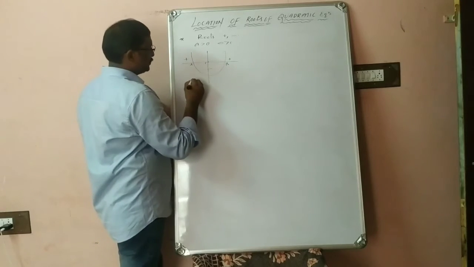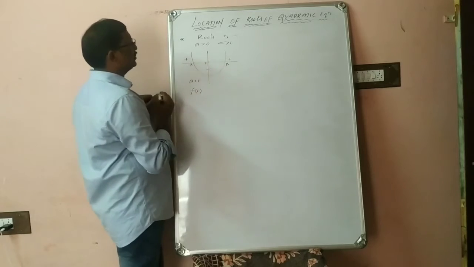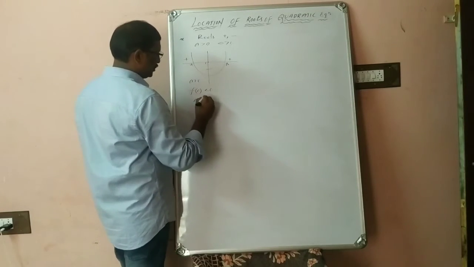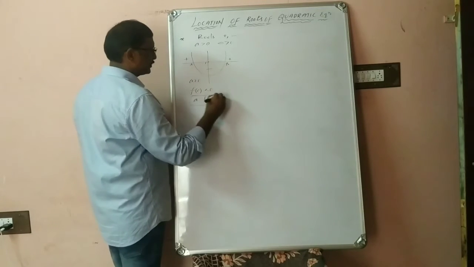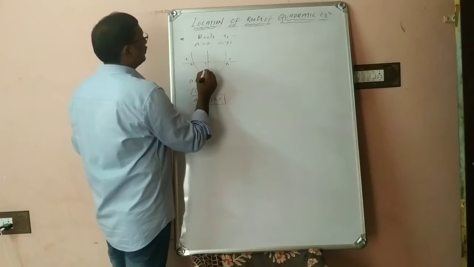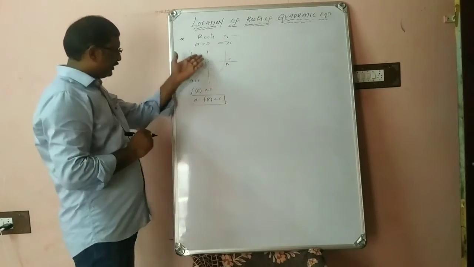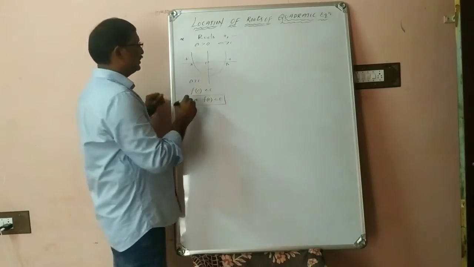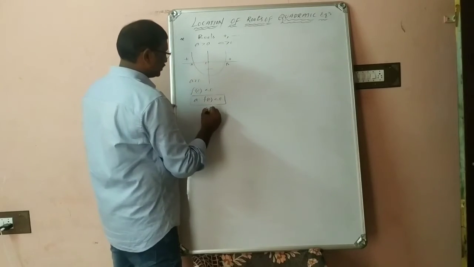So A is positive. What about f of 0? Is f of 0 positive or negative here? Negative. So A into f of 0 is negative. And what about the minimum or maximum value in this case? There is no discussion, but it is origin. Where you will get the minimum or maximum value, we don't know. We are not discussing that. And delta is greater than 0.